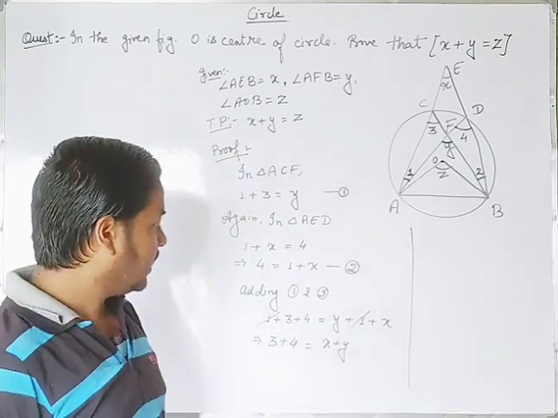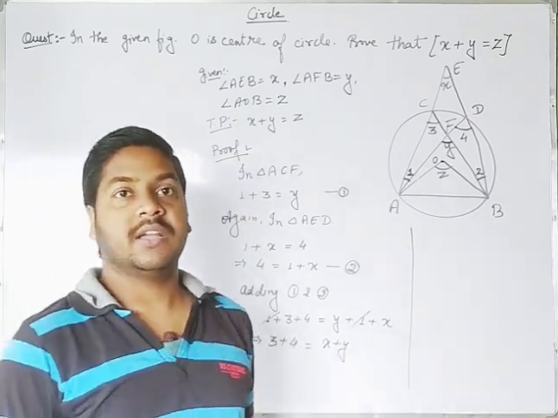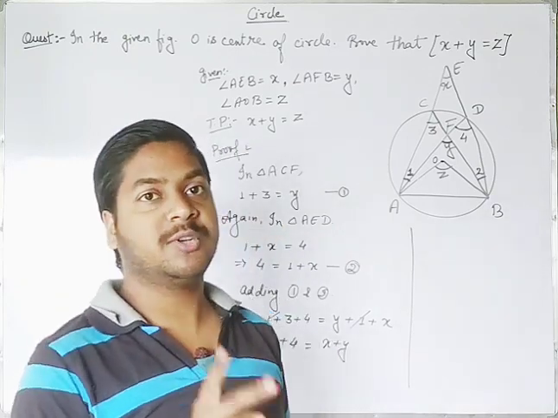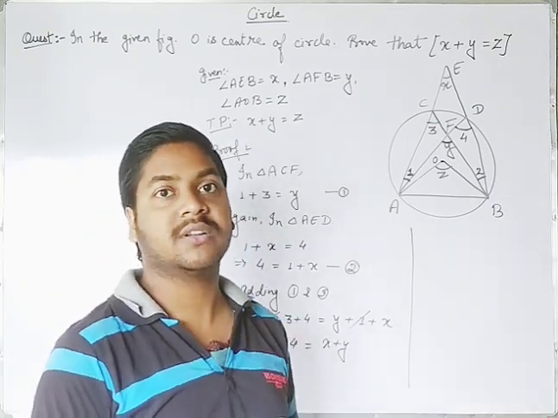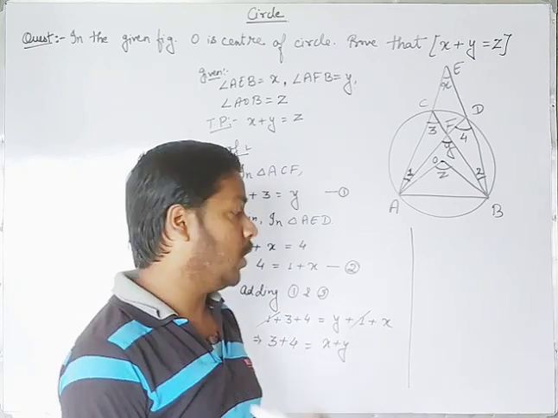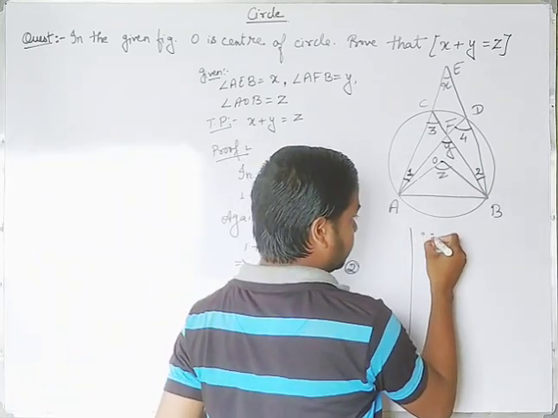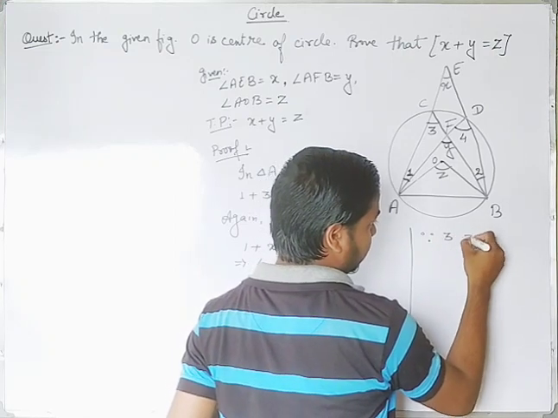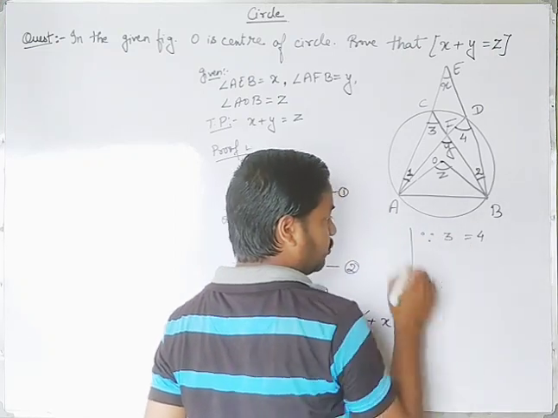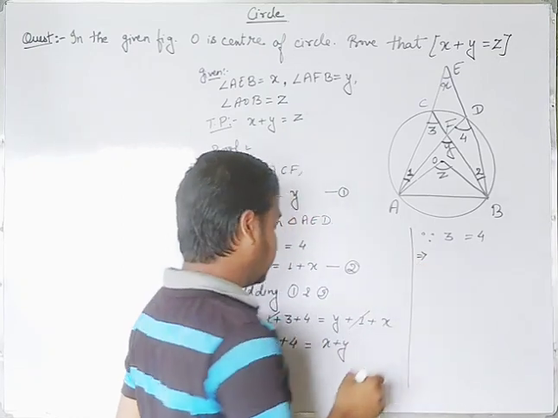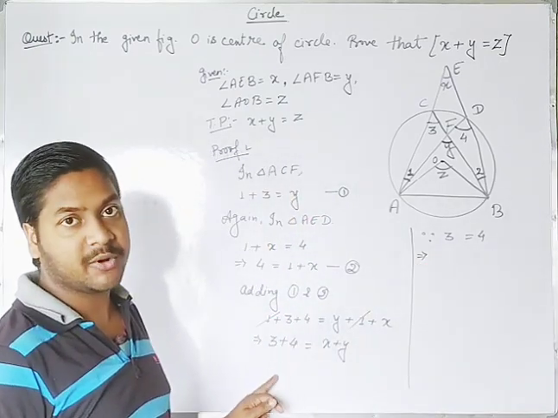Now in the last video we had seen that from the same chord, if there are 2 circumference angles, then both the circumference angles will be equal. It means angles 3 and 4 both are equal. Since angle 3 is equal to angle 4, what can we write from here?